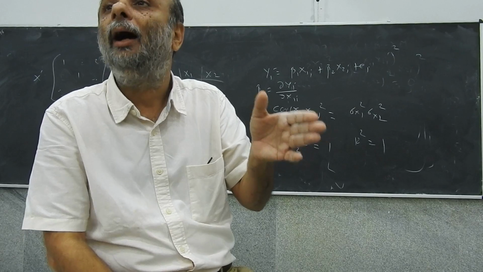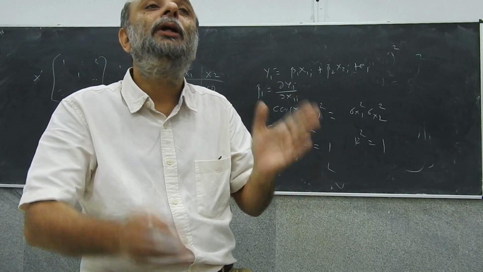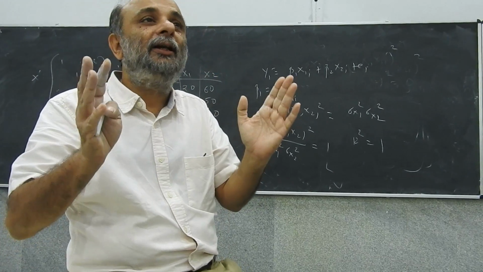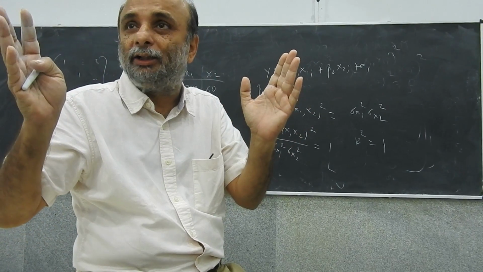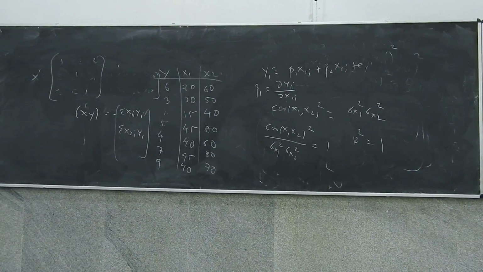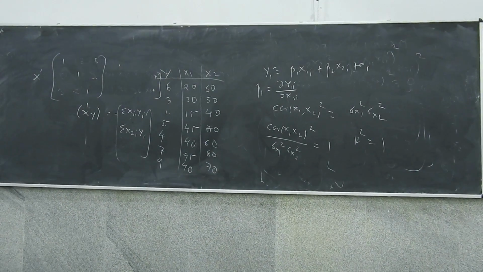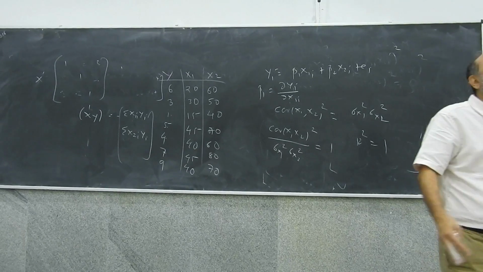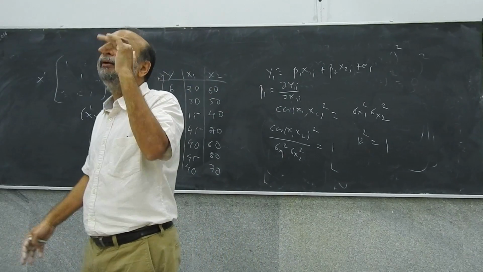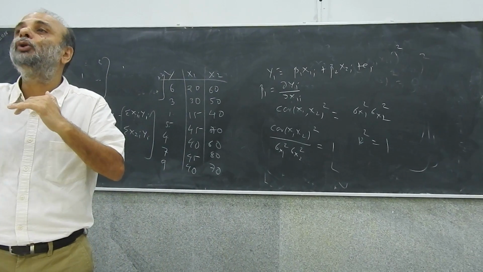So, can you repeat this? Yeah. So the determinant of x dash x. Basically, when they are perfectly correlated, the determinant is zero. What do you mean by x1, x2 being perfectly correlated? When x1 moves, x2 always moves. So you cannot find a value which is the change in y when you change x1 keeping x2 constant.